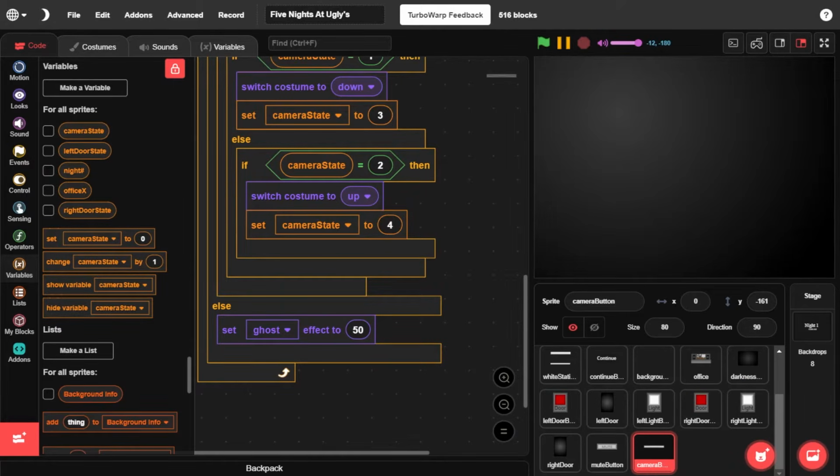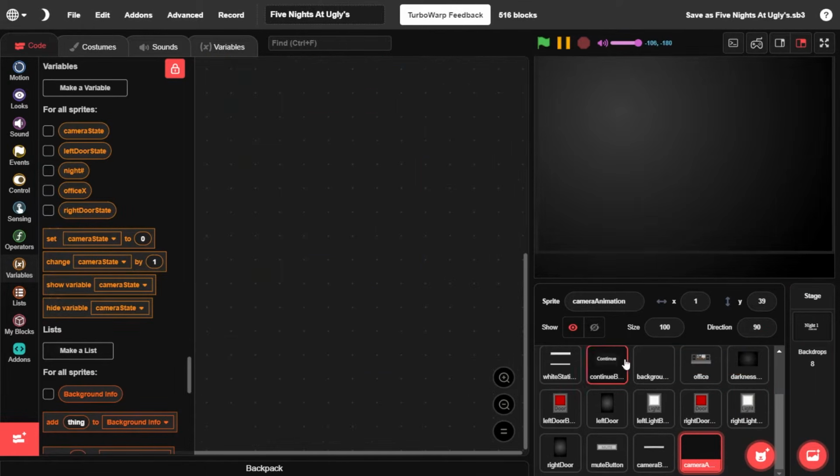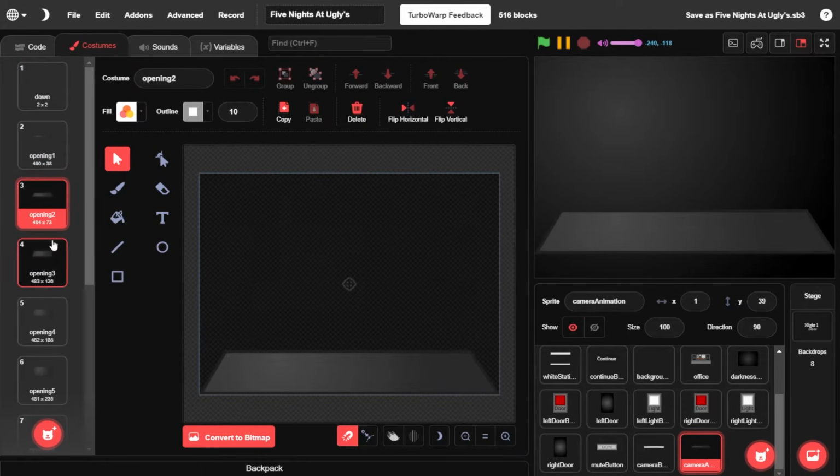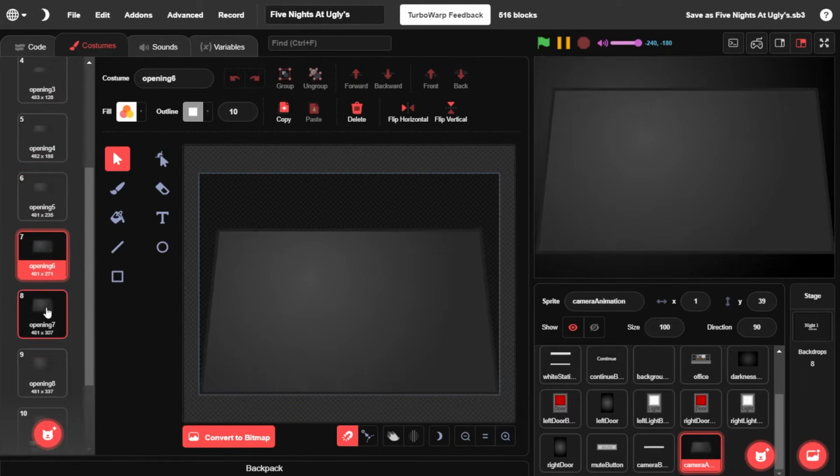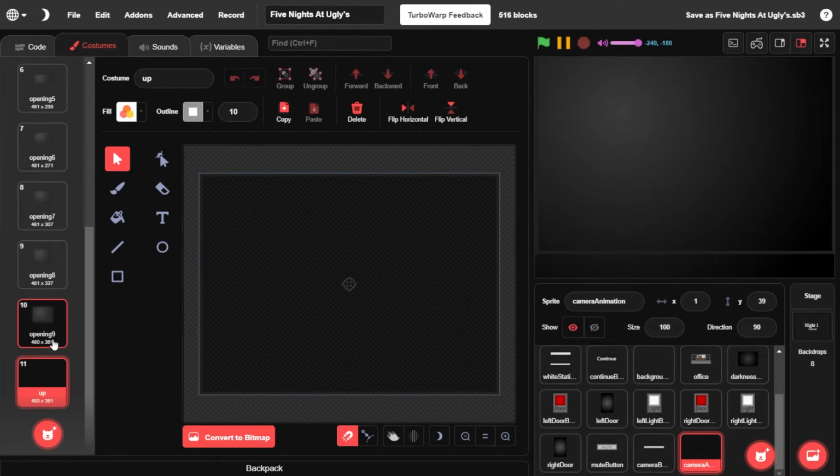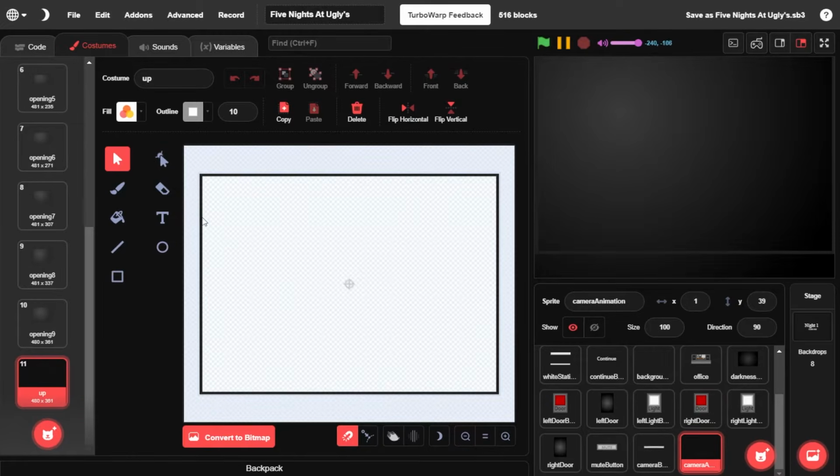Now what we can do is start setting up how our camera is going to work. I'm going to import a camera animation, which you can find in the link in the description. After implementing that, you'll see this camera animation sprite where you will see several frames of the camera being lifted. You can feel free to adjust these frames, obviously, however you'd like. Just know that once this camera is up, you can actually see that I did keep a border around the